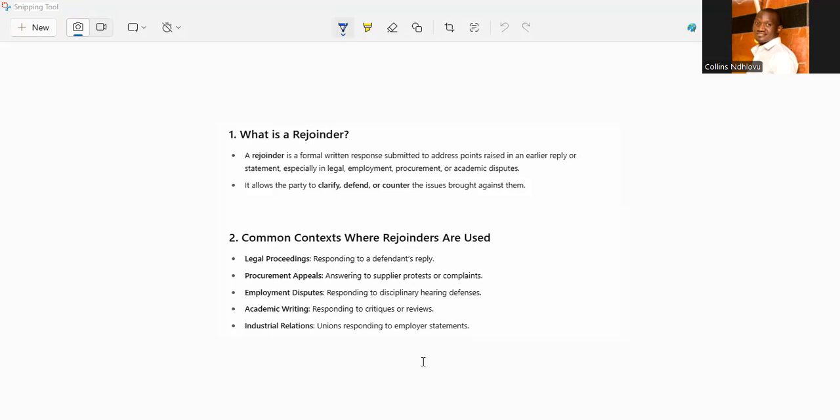So rejoinders are used in many contexts, in legal proceedings, in court where one party responds to a reply from the other side. For instance, if a defendant makes a new claim in court, the complainant will file what is called a rejoinder. It is also used in procurement appeals where companies who lost a government contract can protest a decision. All right. So this was just a by the way of the things that I think were highlighted